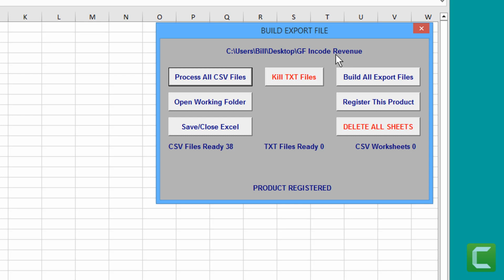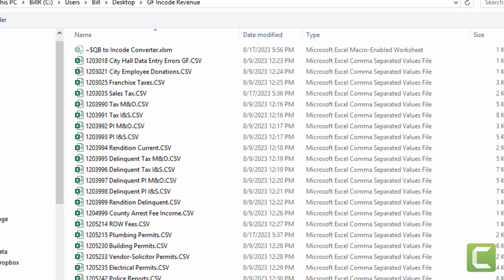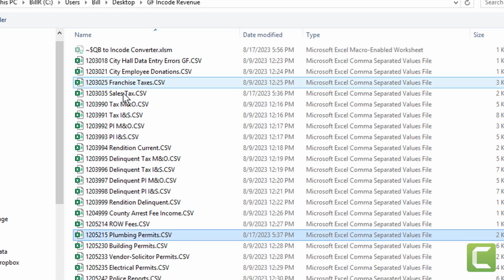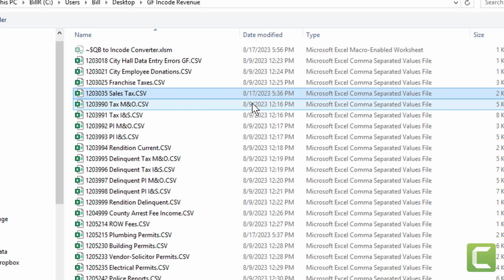So we know we're in encode revenue. We have 38 CSV files in that folder. As a matter of fact, we can take a look at it. Here they are. Here's one that we overwrote. We overwrote sales tax. See the 8/17, that's today's date.